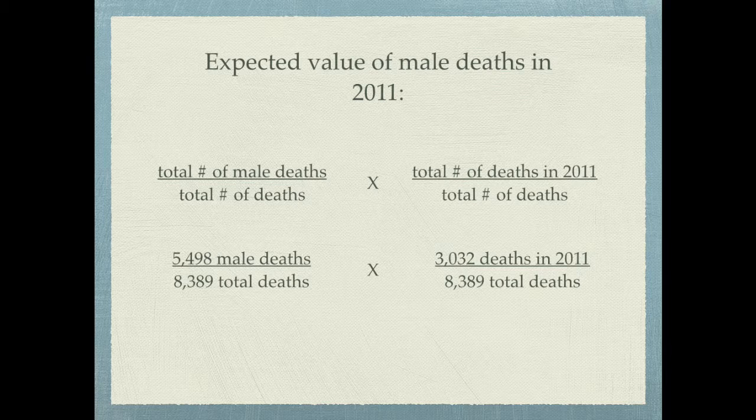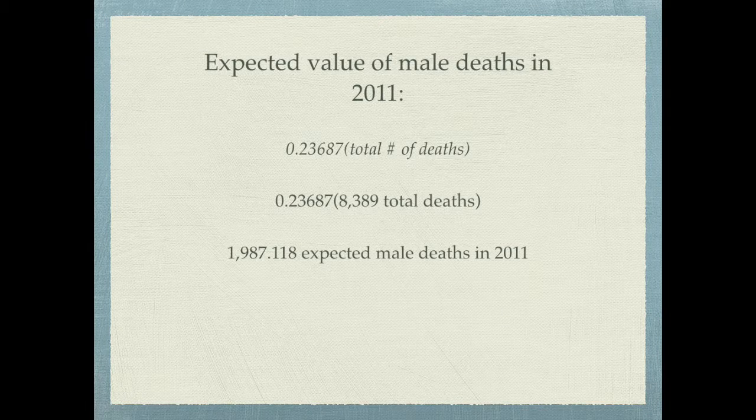To find the expected value of male deaths in 2011, we would take the total number of male deaths over the total number of deaths for both genders, and multiply this by the total number of deaths in 2011 over the total number of deaths for both genders. This is because we are calculating the probability that the person was male and the probability that the death happened in 2011. Therefore, we put 5,498 male deaths over 8,389 total deaths, and multiply that by 3,032 deaths in 2011 over 8,389 total deaths. This calculation turns out to be